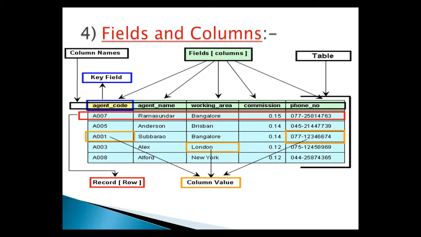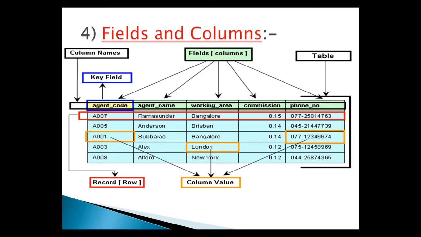Field and column. A column or field is a specific category of the information that exists in a table. A column is to a table what an attribute is to an entity. In other words, when a business model is converted into a database model, entities become tables and the attributes become columns. A column represents one related part of the table and is the smallest logical structure of storage in a database. Each column in a table is assigned a data type.